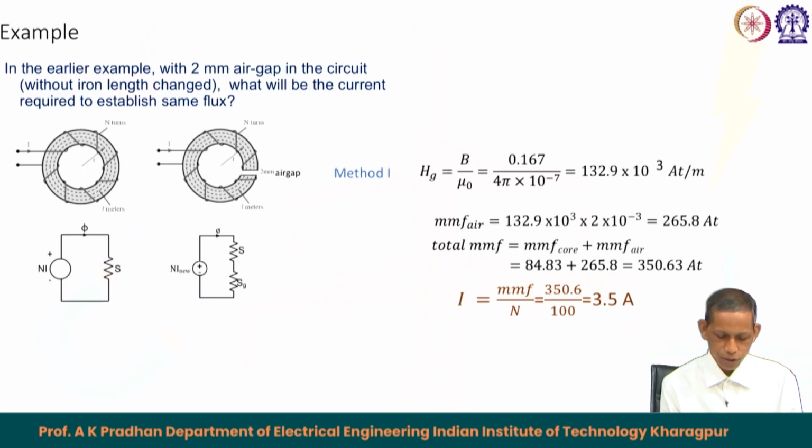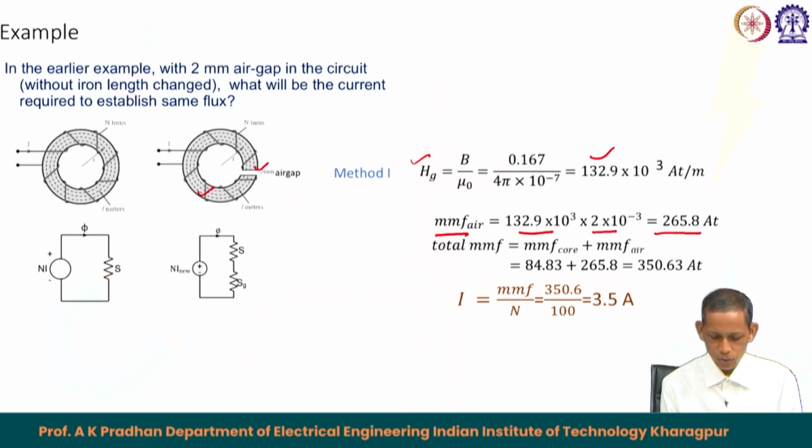So, we have H g equals B upon mu naught, so 0.167 upon 4 pi into 10 to the minus 7 for the gap part. That gives us 132.9 into 10 to the 3 ampere turn per meter for H g. Therefore, the MMF for the air becomes H g into L g, and that gives us the corresponding ampere turn of 265.8 ampere turn. So, the total MMF now for the core part and the air gap part